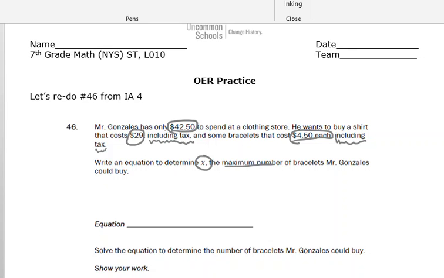So I have my $29. That's what he already spent, plus the $4.50 for each bracelet times X, which is the number of bracelets, equals $42.50. Okay. So what I'm going to do is come down here,